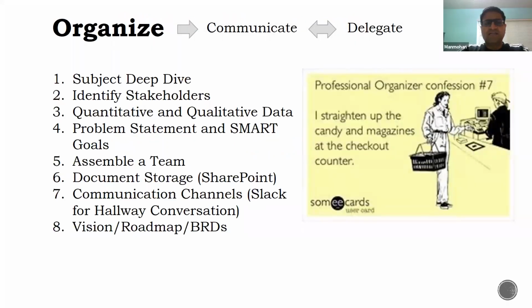Yeah, so let's start by diving into the first component of this framework, which is organize. We all know organizing is the key to any successful project, but it becomes even more critical when you are managing multiple stakeholders remotely. Organizing the information will help you gain trust from your stakeholders, which was comparatively easier when you were in the office and could have just asked for the status of the project or gathered data casually from your stakeholders by going to their office or desk, whatever.